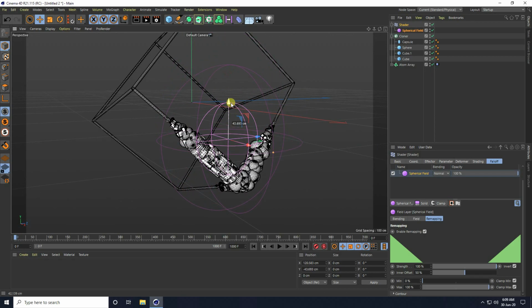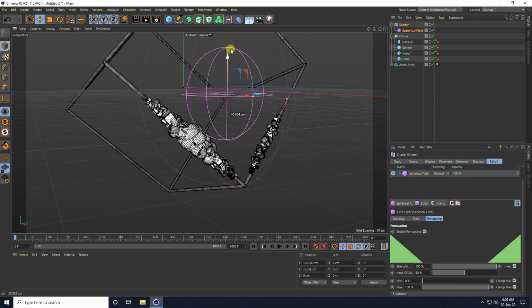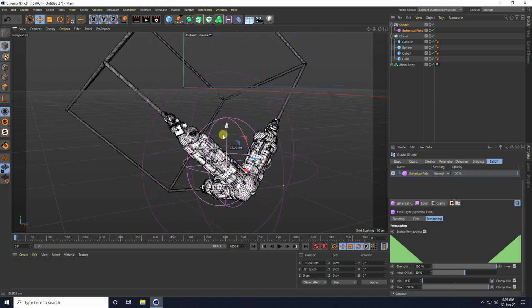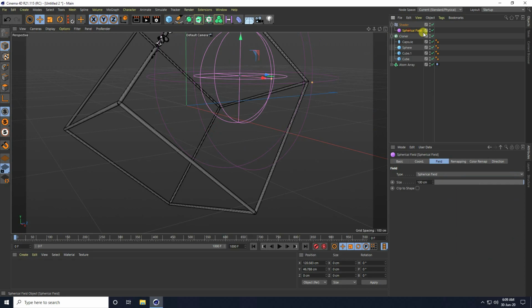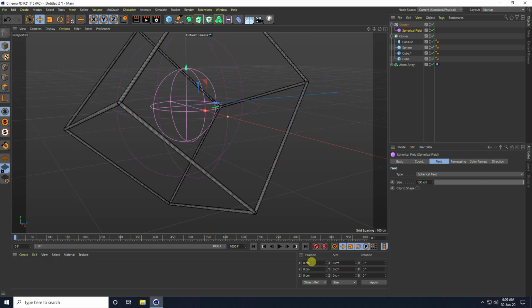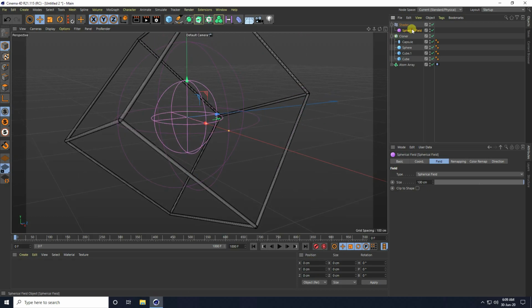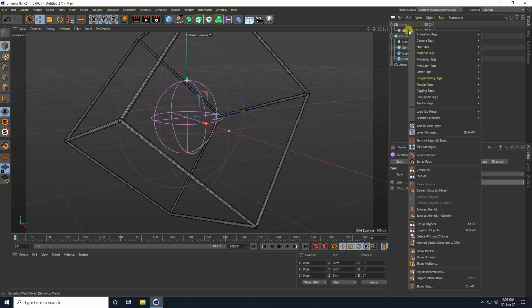See, right? Okay guys, I create animation like this. Okay, so guys, go to Spherical Field and all position I take 0, 0 and 0. Yes, and guys, select this Spherical Field and right click, go to Animation Tags and use Vibrate.